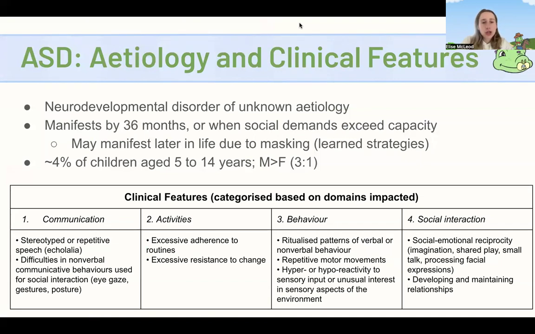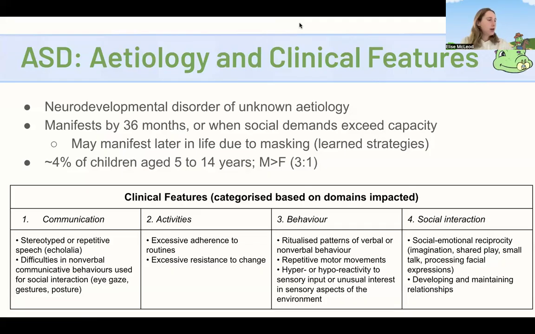Although research has shown this might be particularly in females, it might manifest later in life if the child learns strategies to mask different symptoms or develop different social strategies to hide particular symptoms. It affects about 4% of Australian children aged 5 to 14 years with a male predominance of 3 to 1. And I guess the clinical features can be grouped into 4 areas: